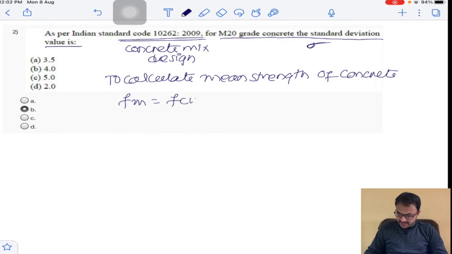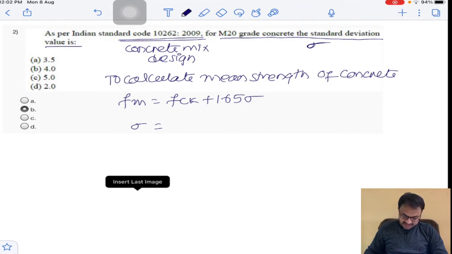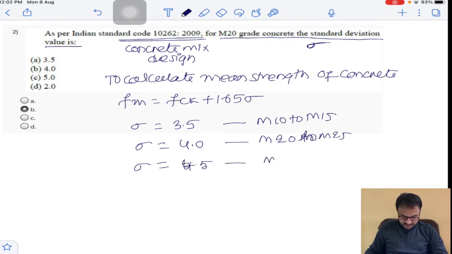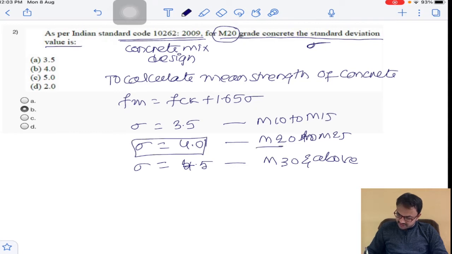Fm = Fck + 1.65 sigma. Here sigma depends upon the grade of concrete. Sigma is equal to 3.5 when the grade of concrete is M10 to M15, sigma is equal to 4.0 for M20 to M25, and sigma is equal to 4.5 for M30 and above. So for M20 grade concrete, sigma is equal to 4.0. The answer is B to this question. Next question,